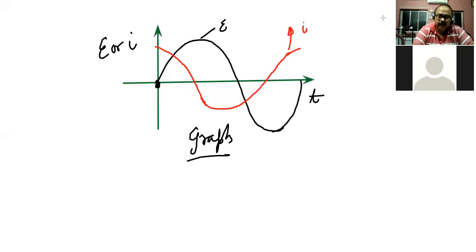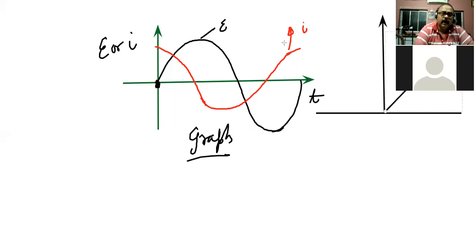So how to show the phasor diagram? Let me just draw this over here. So this is suppose your y-axis, something like this. Now I want to show the value of E. So I always keep the E over here. So this is the variation of E, and I is ahead of E. So the I will be something over here. So the red one is showing the I, and the black one is showing the E, and they have a phase angle of 90 degrees.